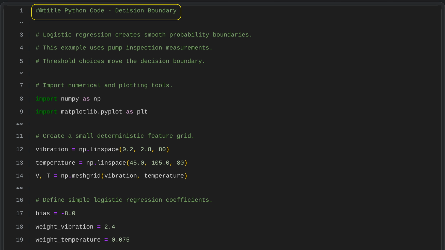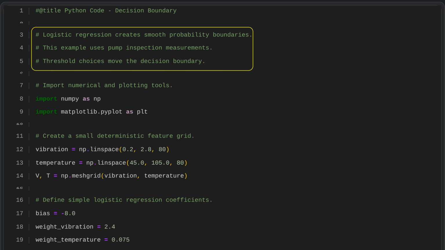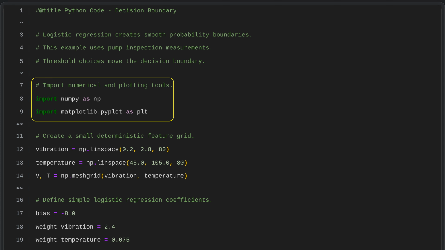Python code. Decision boundary. Logistic regression models smooth probability boundaries for classification. In this pump inspection example, changing the probability threshold shifts the decision boundary and can change which cases are classified into each group. We import NumPy to handle numerical data efficiently with arrays and mathematical operations. We also import Matplotlib's plotting module to create visualizations,